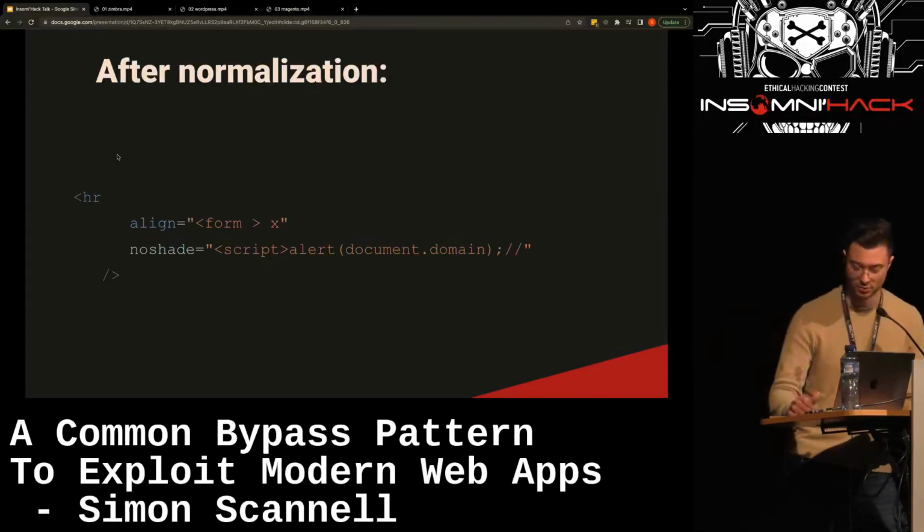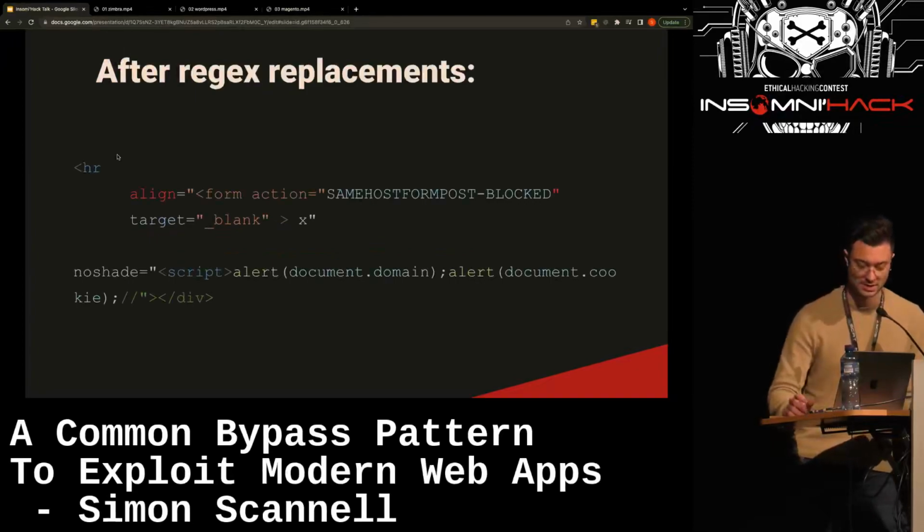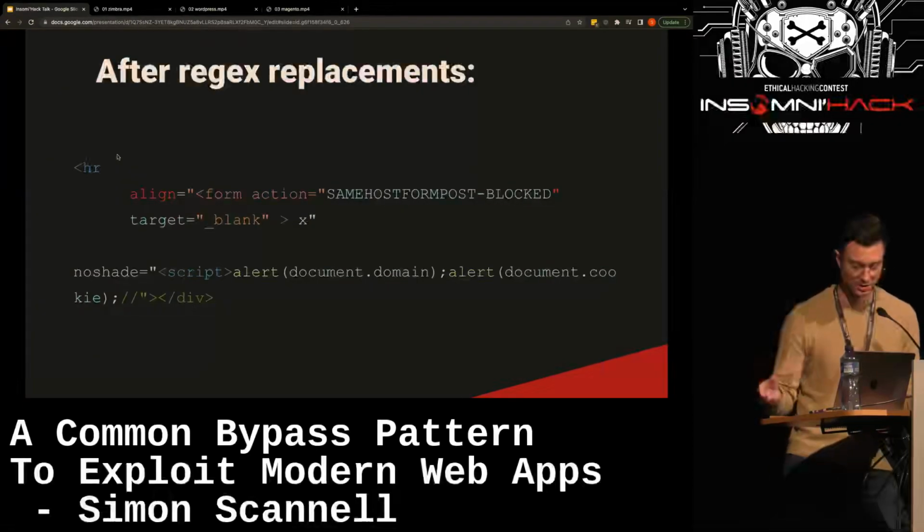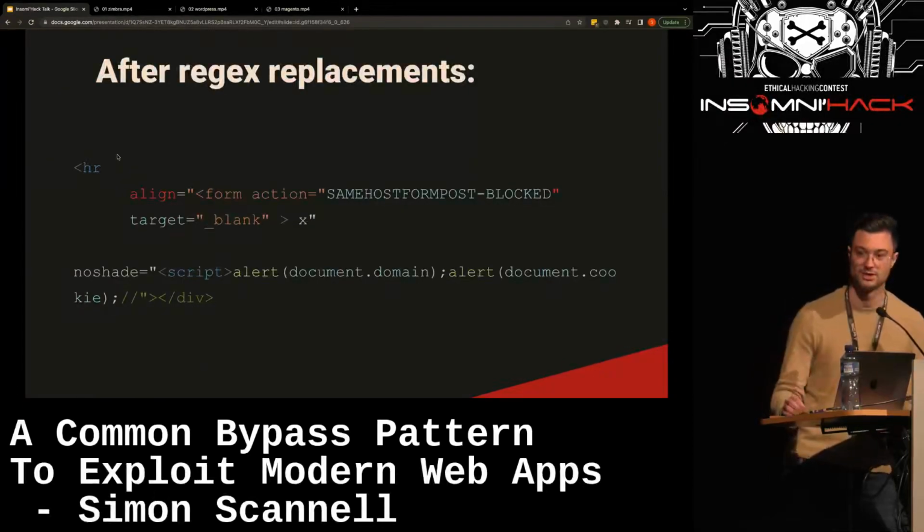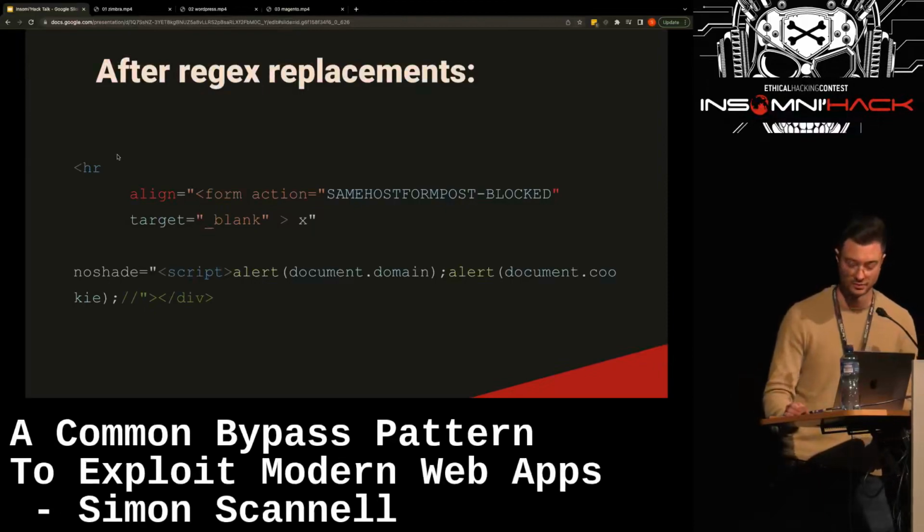And I said before, this does not lead to XSS directly, but it's important for the next step, because now the regex that's looking for form tags can actually match the form tags within the align attribute. And what this means is the default action attribute is inserted within the align attribute. And this kind of leads to an imbalance of double quotes within the HR tag, meaning the script alert is now actually interpreted as an element instead of an attribute string, which then leads to XSS when it's viewed by